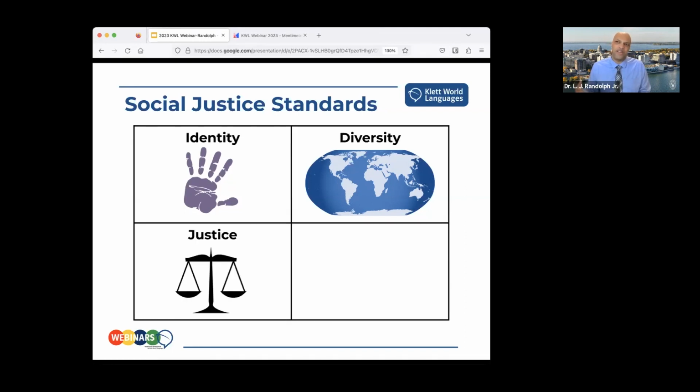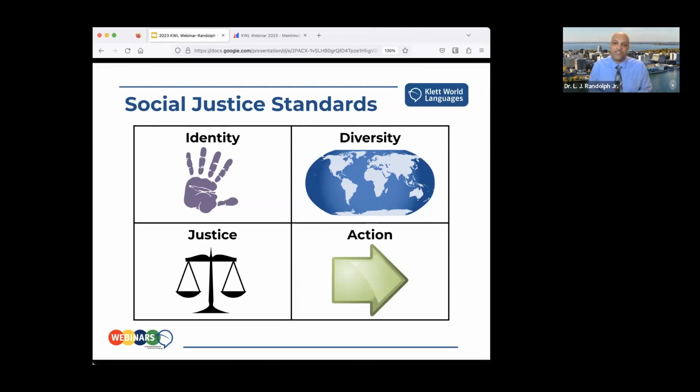Justice, I think about how I can look at the 5 C's through a lens of power, privilege, and bias at the individual and institutional level. And then finally, action, taking steps to promote justice and equity in various contexts. It's important to realize that action can also be planning these steps in addition to enacting the steps. So you don't have to go out and do something. It can be a reflective exercise.